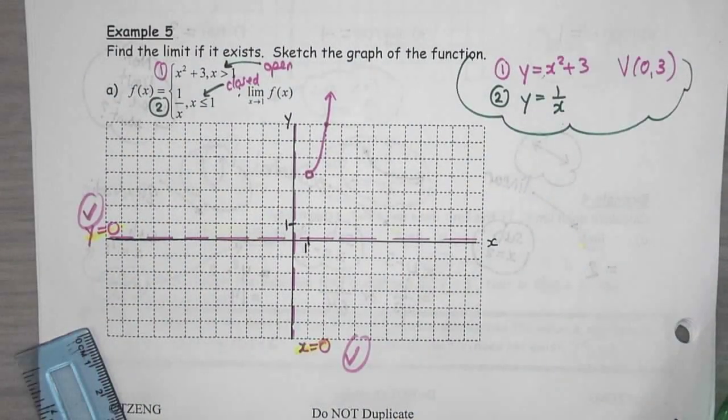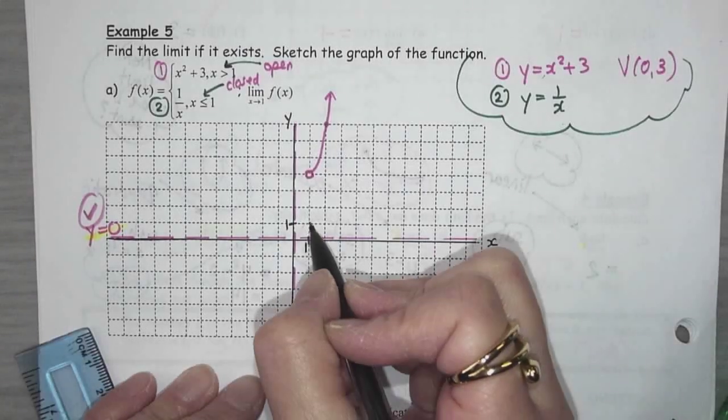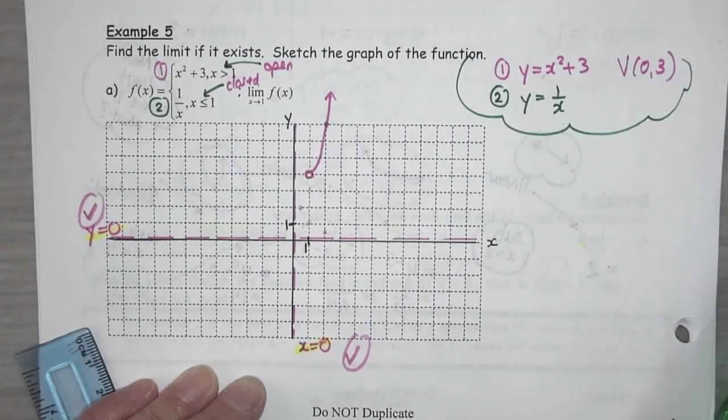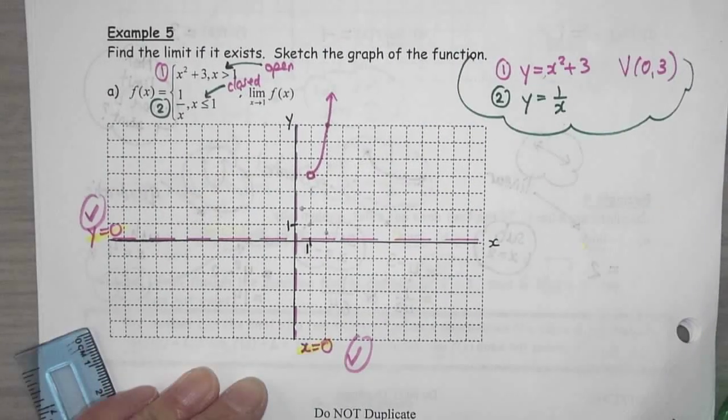Okay, so when you're doing your points, you know that it's going to be 1, 1. At 2, it's a half, and at a half, it's 2. Okay? The problem is some people stop